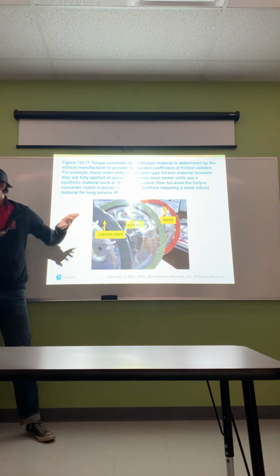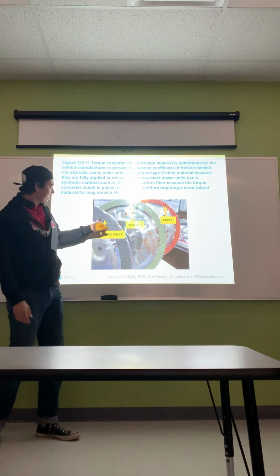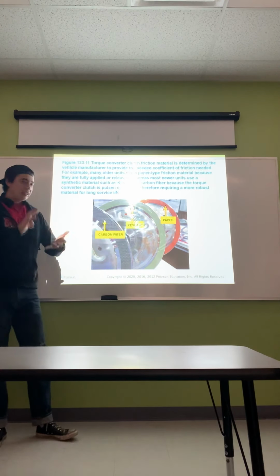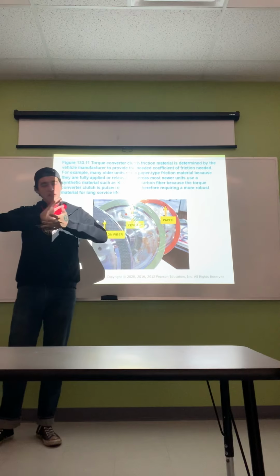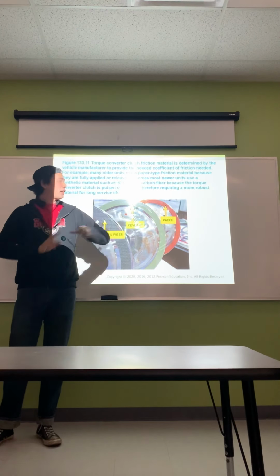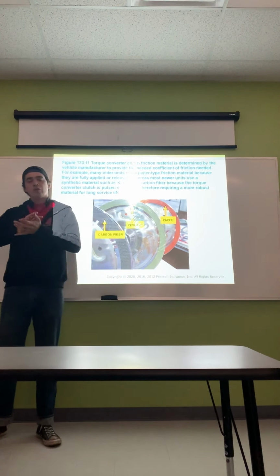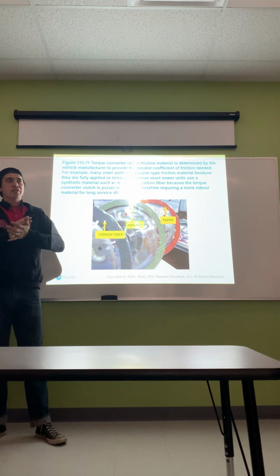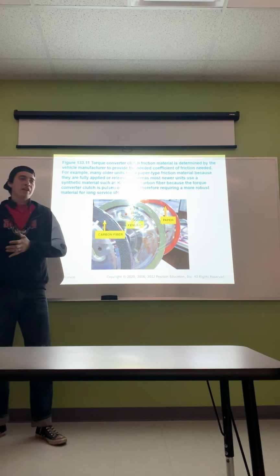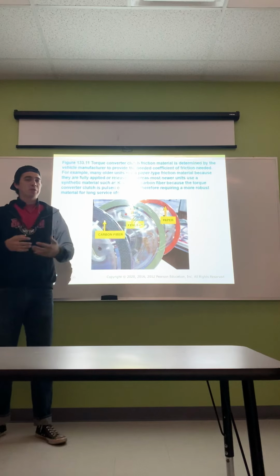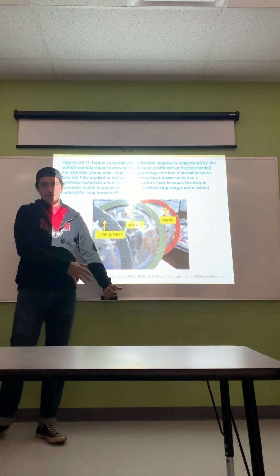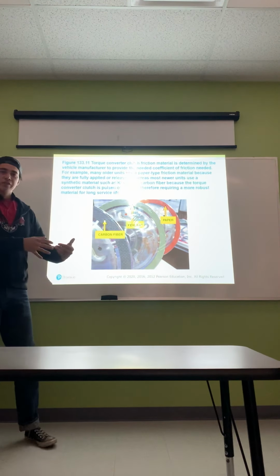With the newer style like carbon fiber and Kevlar, obviously these have a different friction coefficient, meaning they're going to grab a lot harder than the paper material. But when that torque converter clutch gets engaged, it's usually during overdrive, which means you're going to have a lot of torque. The torque multiplication is going to be a lot different than, say, first through fourth